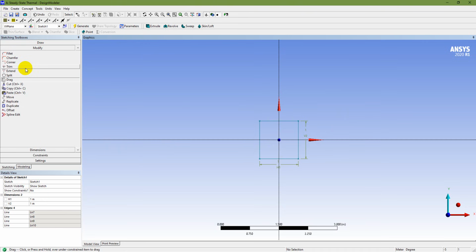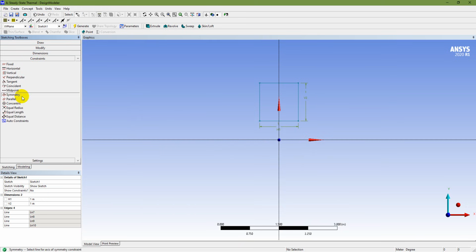Or otherwise, you can do it another way if it is anywhere like that. You can set constraint and then apply symmetry about the x-axis like that, and then you can also apply that symmetry about the y-axis. So now the sketching is done,